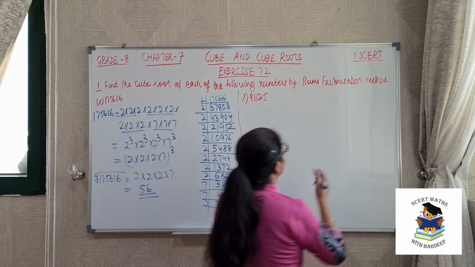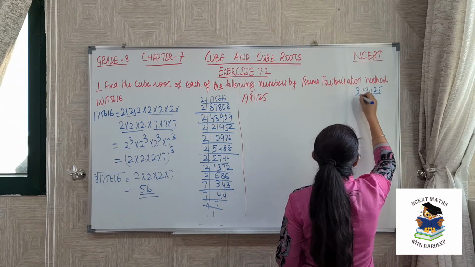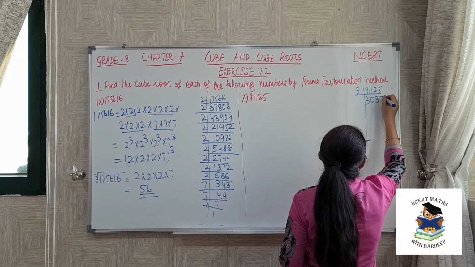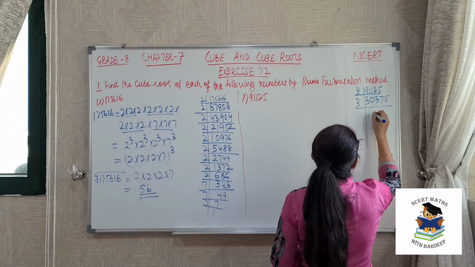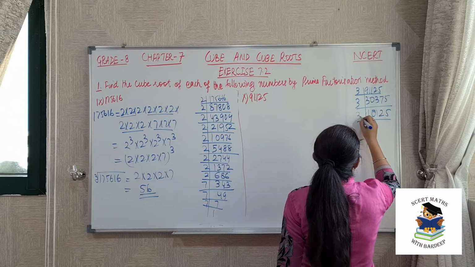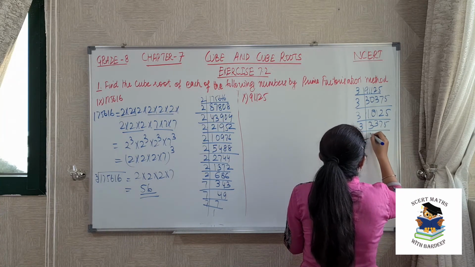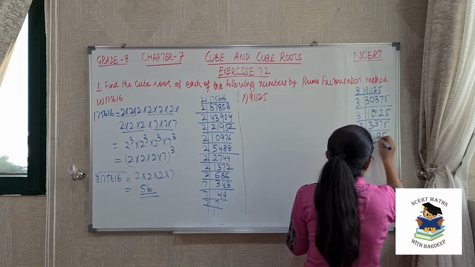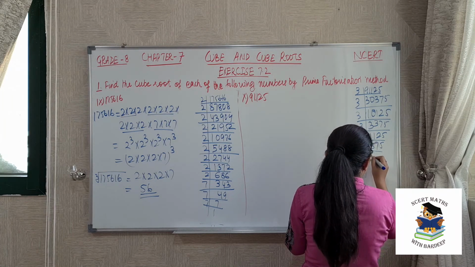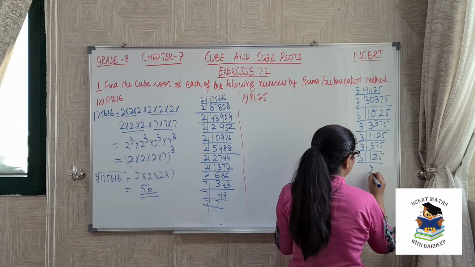So the 10th part is 91125. Since this is not an even number, we'll check with 3 first. So 3 3s are 9, 0, 3 3s are 9, then 7 and 5. Yes, it will go. So again 3 2s are 6, 1, 0, 1, 2, 5. So 3 3 7 5, 1 1 2 5. So 3 3s are 9, 375, 125 and then in the table of 5.